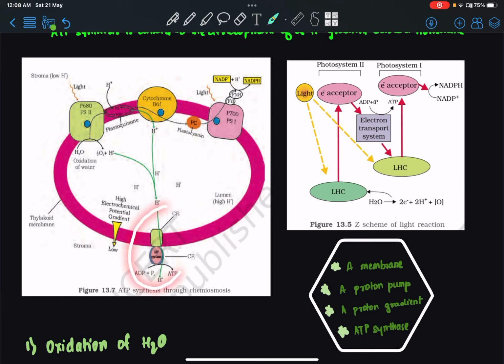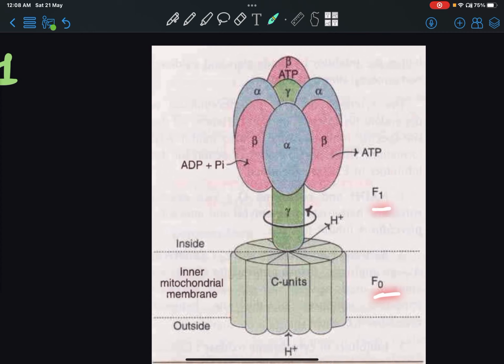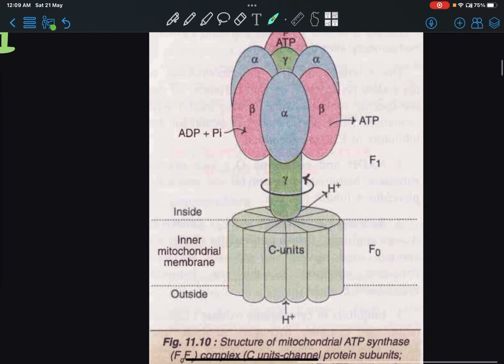If we see a detailed image of this ATP synthase, it looks like this. You have the F naught and the F1 units. The F naught has C units. This has gamma, alpha, beta, not required for NEET. But the only thing that happens is when an H plus crosses the membrane, when it diffuses out directly in the direction, the ATP synthase allows the diffusion of H plus across the membrane, which releases energy to activate an enzyme that catalyzes the